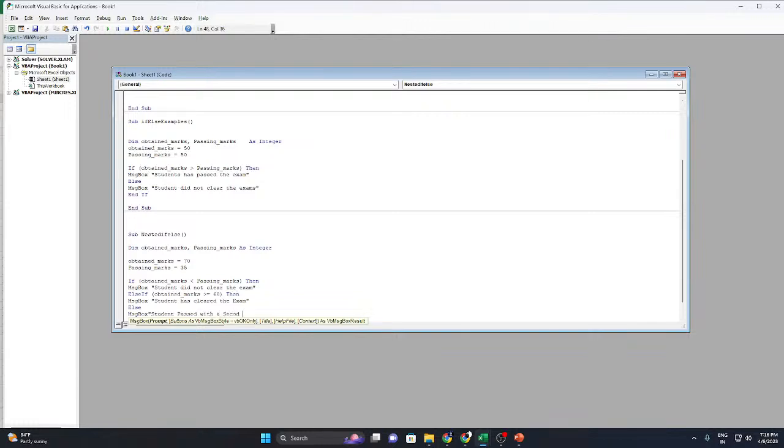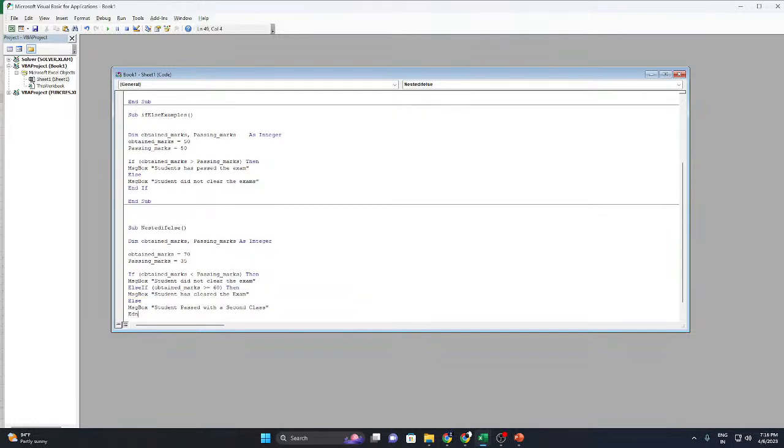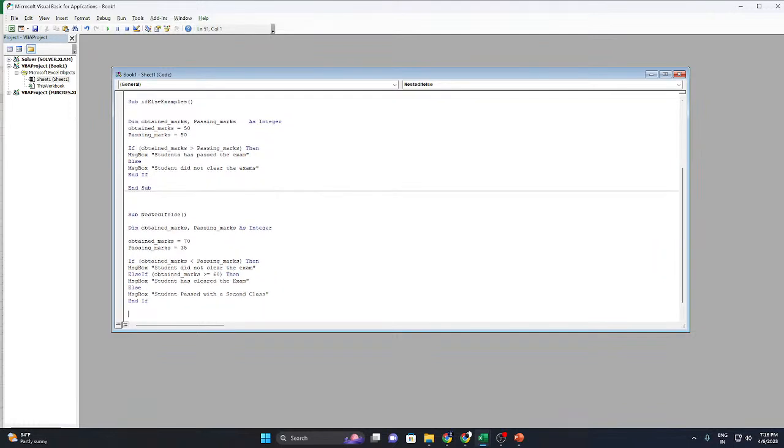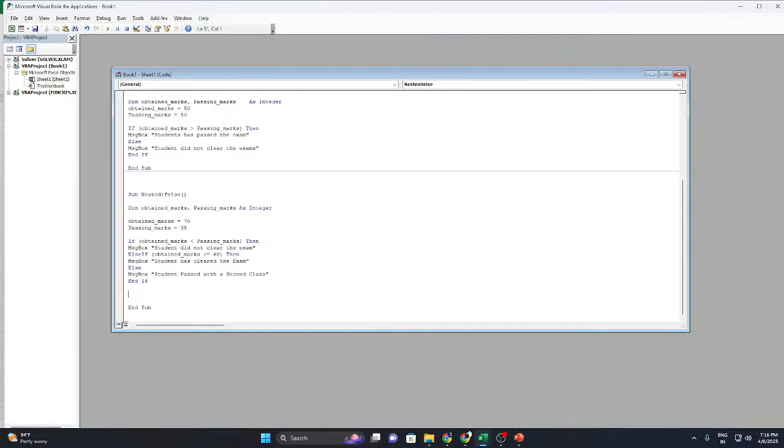You can write anything you want, create different scenarios and use them. Now I'm ending the if statements. So this is the nested if else